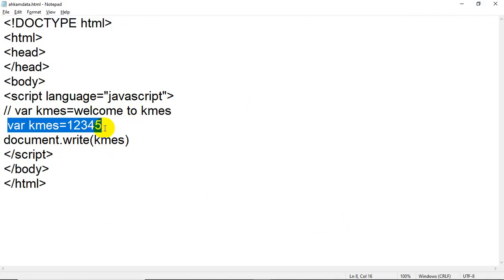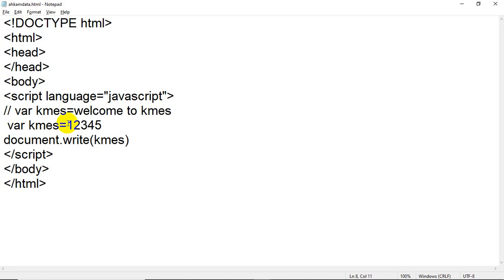What was the mistake? This value belongs to the number data type. If you are using the number data type, you are not supposed to use any double inverted comma or single inverted comma.